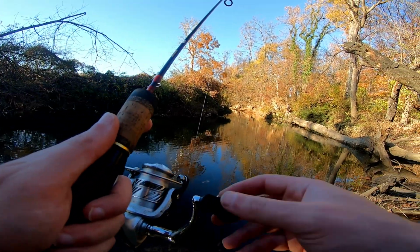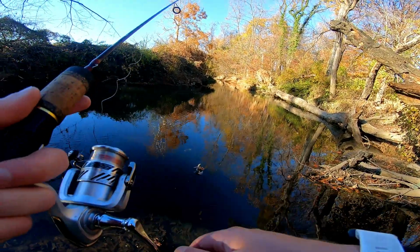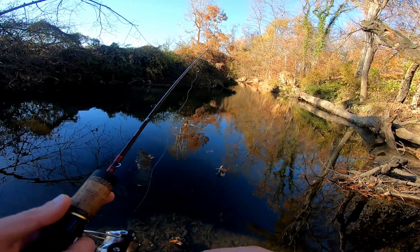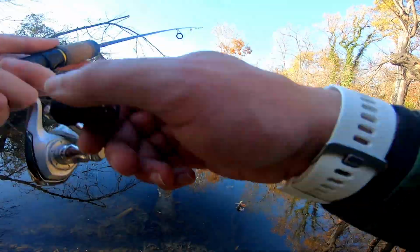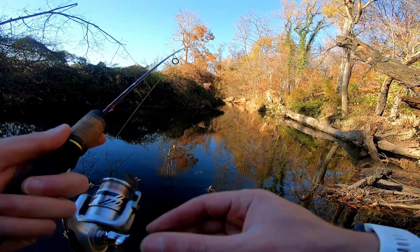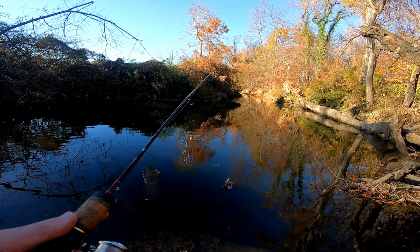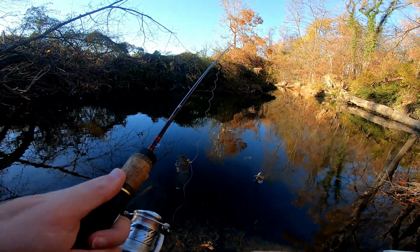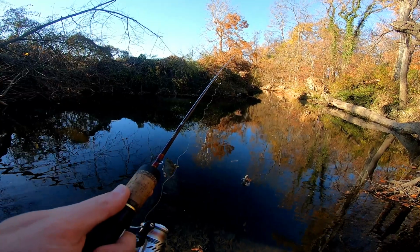As you can see here, I've got a different handle on this reel. I got a little aftermarket handle for it because the original one that came with it got bent. This is the Daiwa Crossfire, just a budget-friendly spinning reel. Oh, we got a hit right there. It was not an expensive handle, but it's got a nicer knob on it, an EVA knob. We definitely just had some hits right there, guys. The old handle was just like a piece of plastic, so I think this is going to be a little more comfortable to use. I think they were just tugging on the...